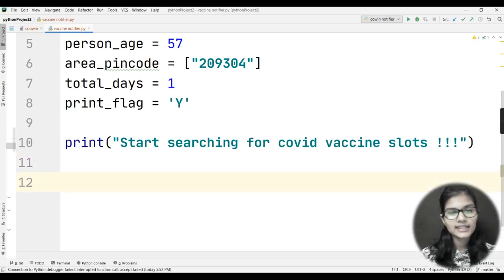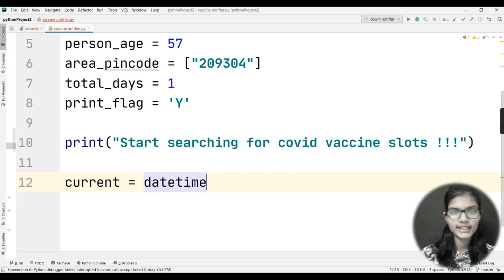Now, the next thing that comes here is that I need to search for today, right? So I need to take today's date and today's time. I would be storing that in another variable, and that is current. Now current actually stands for present; current is another name for present. So I just want to store it here.